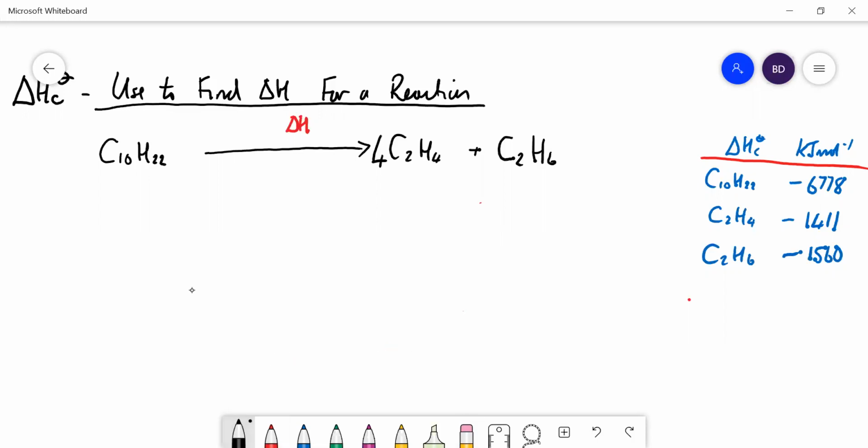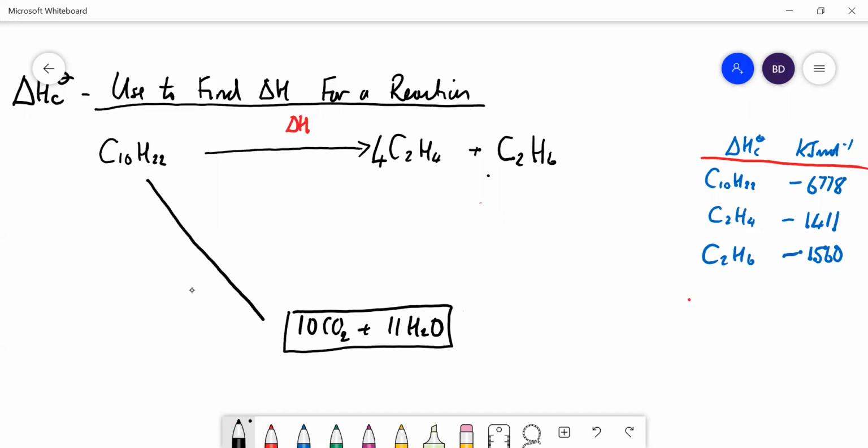You're going to get 10 carbon dioxides and 11 waters. Just tidy that up a bit. 10 CO2 and 11 H2O. Put a box around it. Okay. And we're going to need some oxygen to do that as well. So let's put this, this one's easiest first. Let's do that arrow. What we're doing there, we're just burning one molecule of decane, 1 mole of decane,